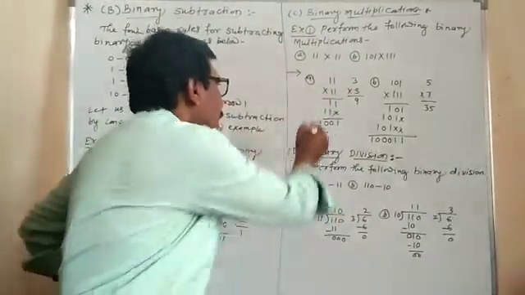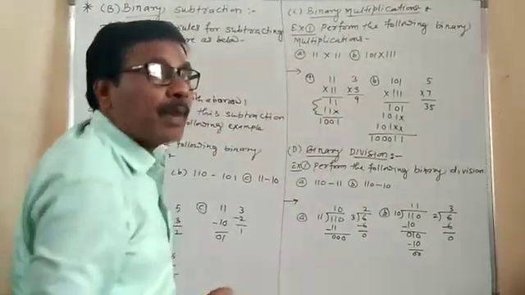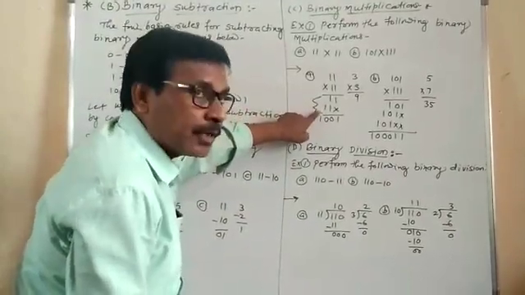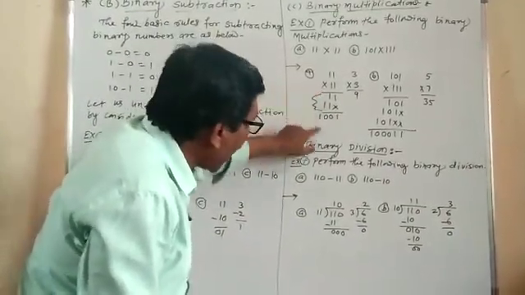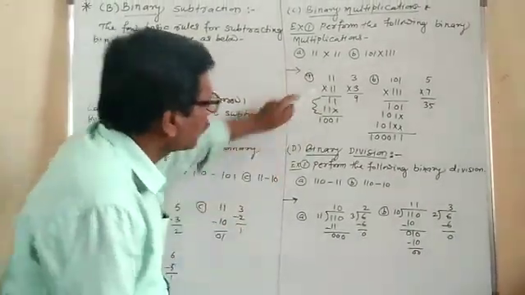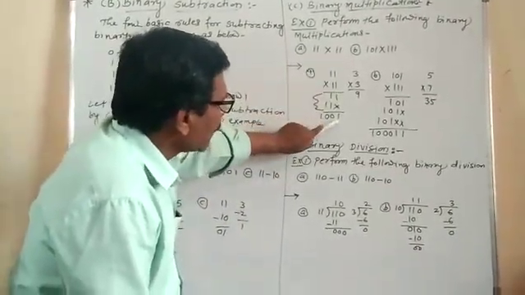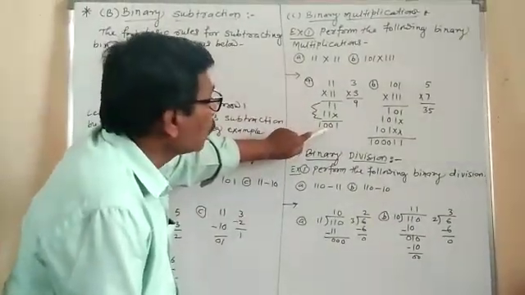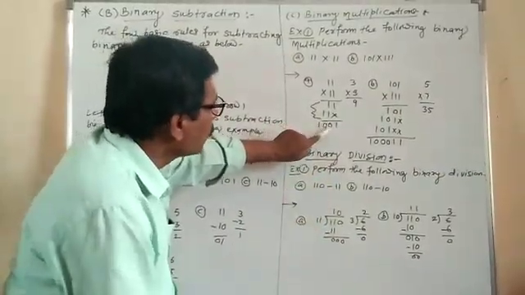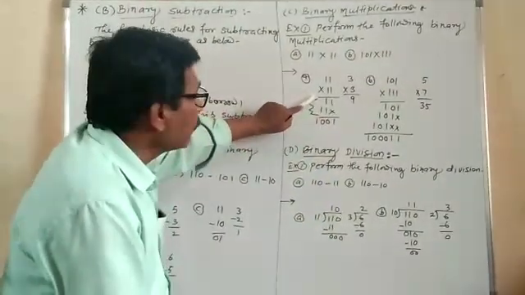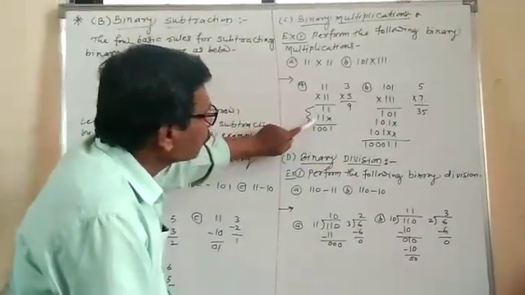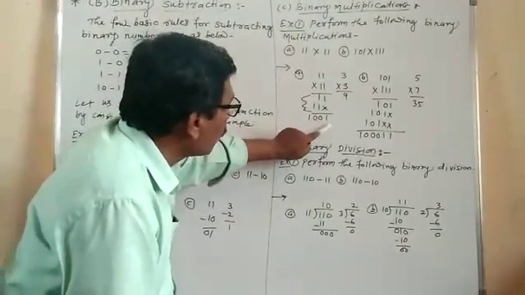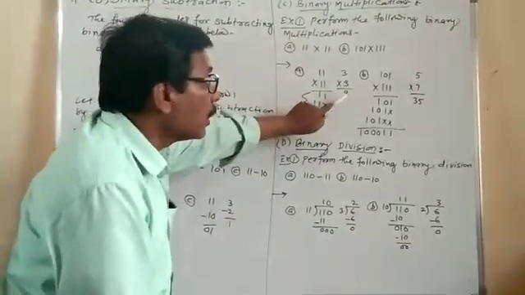So this part is called partial products. First partial product, second partial product. These partial products we add together and get the final answer. So 1 here as it is. 1 plus 1, that is 2, and for that 2, 10. 0 is here and carry 1. Here carry 1 plus 1 is 2, which is 10. So 1001. It is nothing but decimal 9.